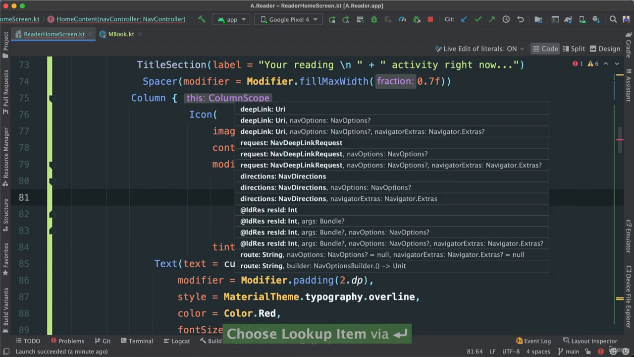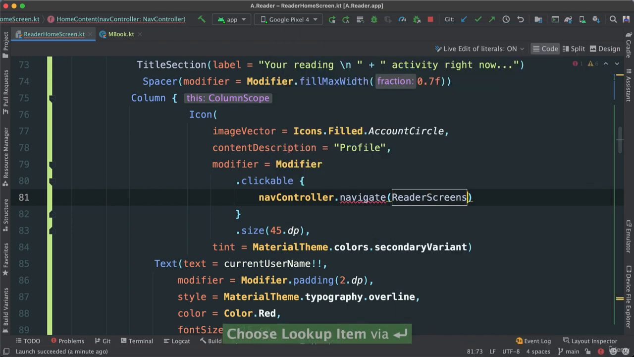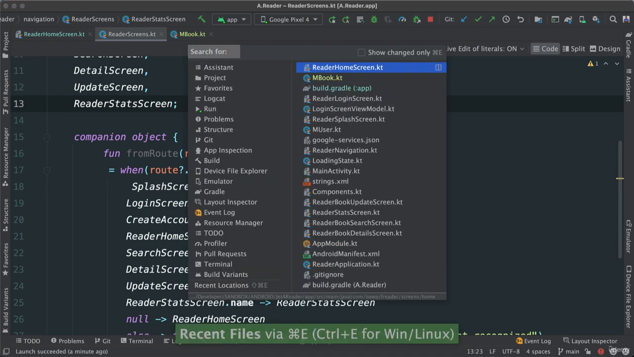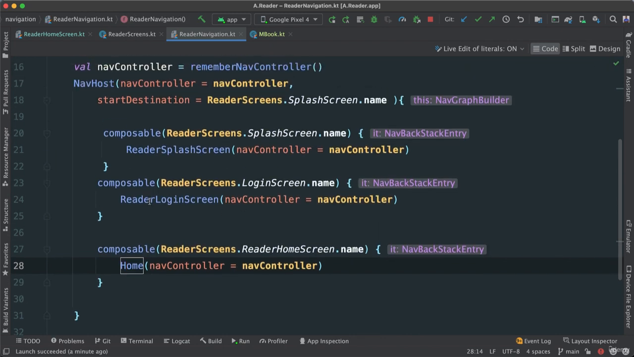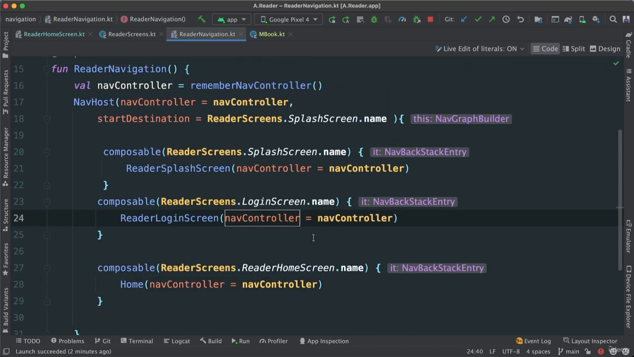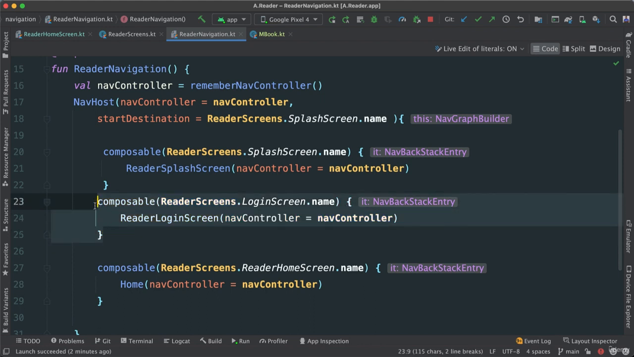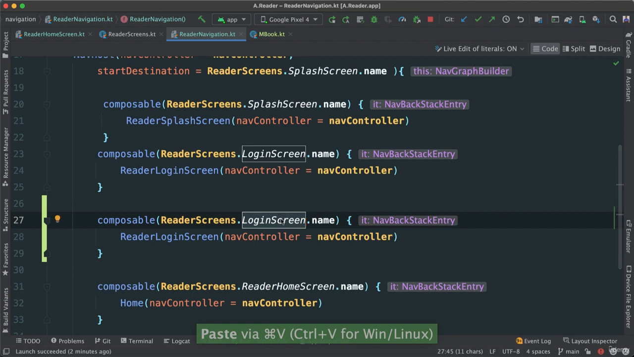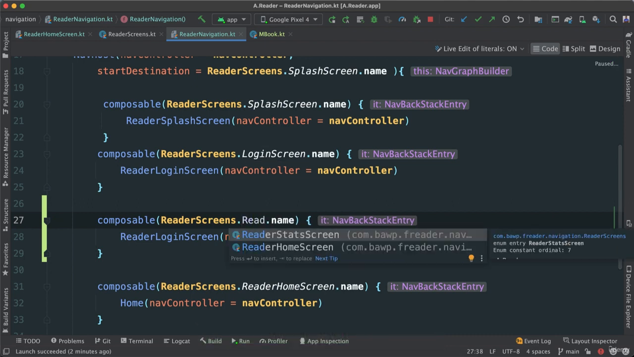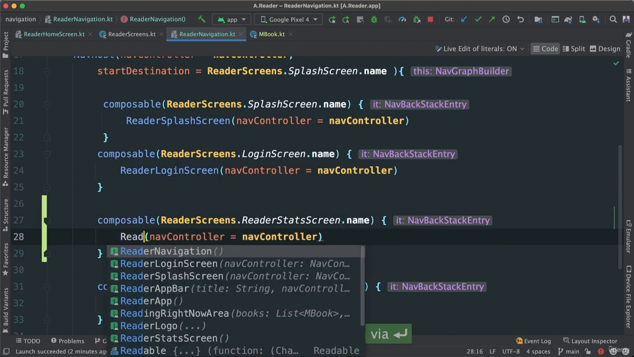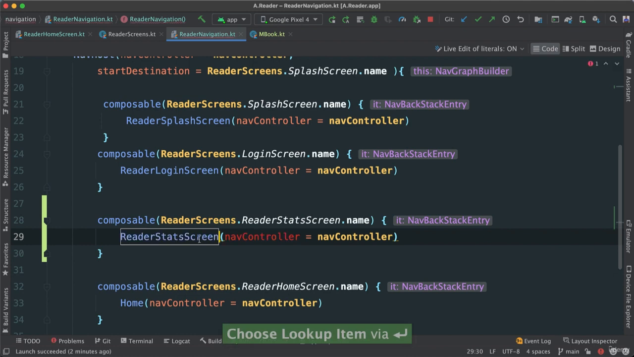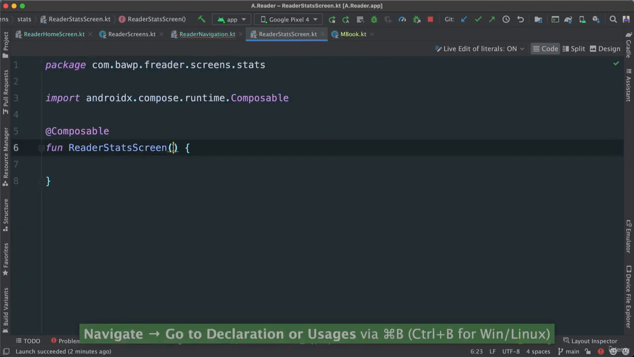It's important. I'm going to say readers screens. I'm going to go to stats. Actually, let's go to navigation. Reader navigation to make sure we have the stats. You see, we don't have the stats screen here, which means if we were to try, we would have failed miserably. So let's see. Readers stats screen, and it's going to be readers stats screen. Let's go there. That way we can just pass our nav controller